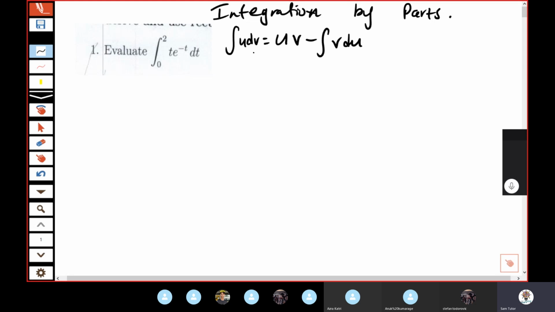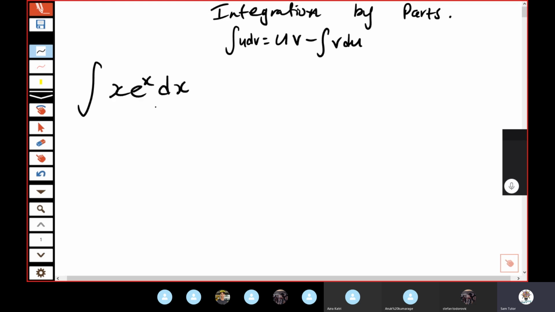So what this is trying to say is, technically, this particular function, I might get rid of this, actually, and do an easier one, just to begin with. There's a particular function, and let's just say this one here, x e^x dx,